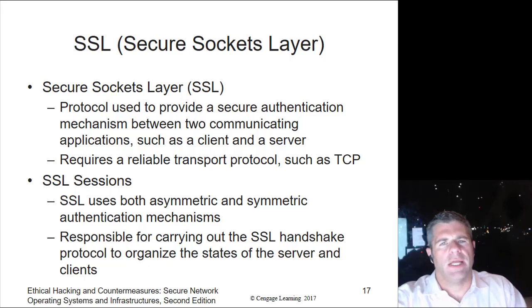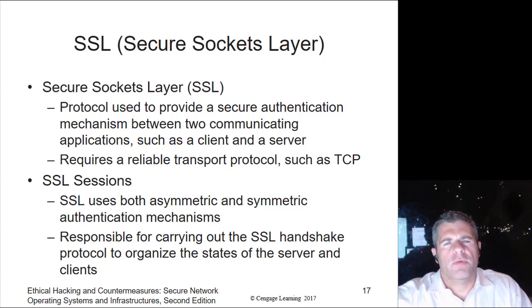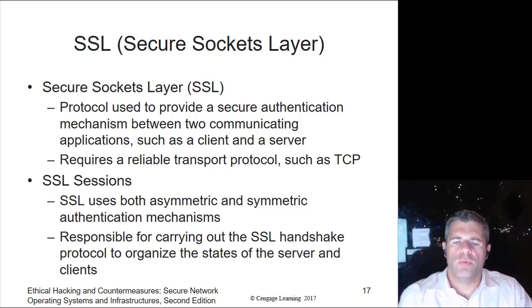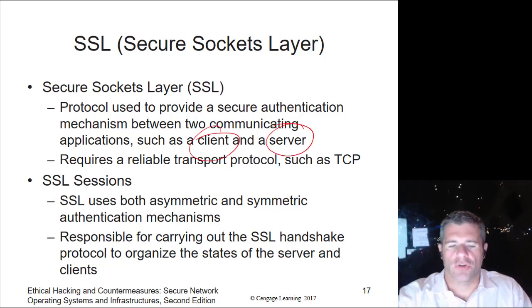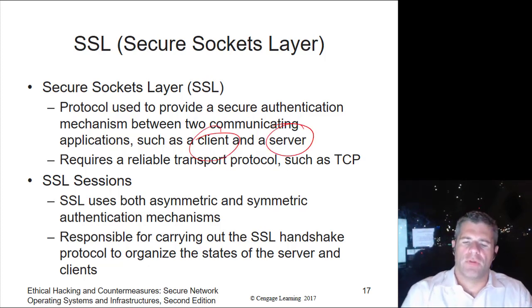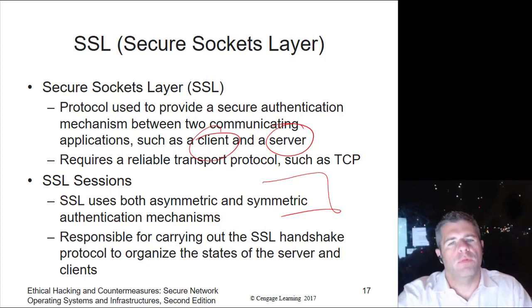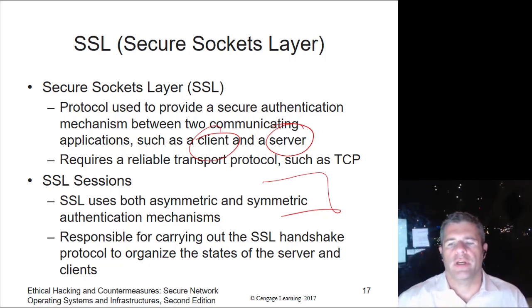SSL, sometimes called TLS, is called TLS these days. SSL is sort of deprecated now. It's supposed to provide secure authentication between two applications, such as a client and server. The whole secure internet thing depends on using asymmetric encryption to find somebody's public key, their signature of who they allege to be, and then create a handshake. We exchange private keys after we've connected to each other using public keys. Again, there's a great video I'd like to share with you about that.